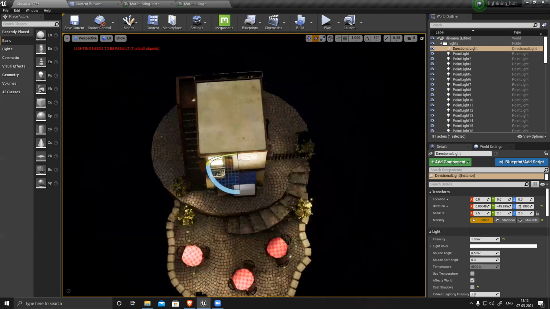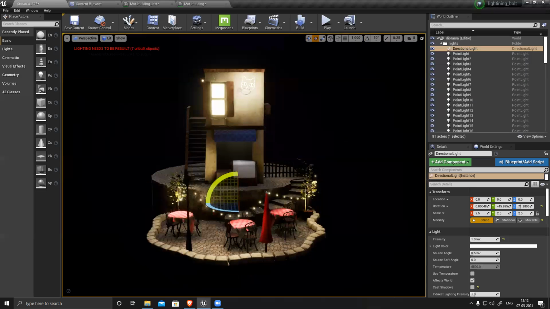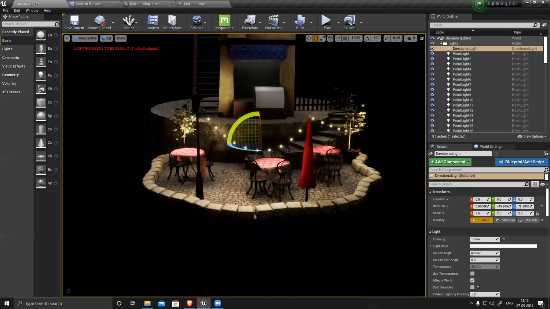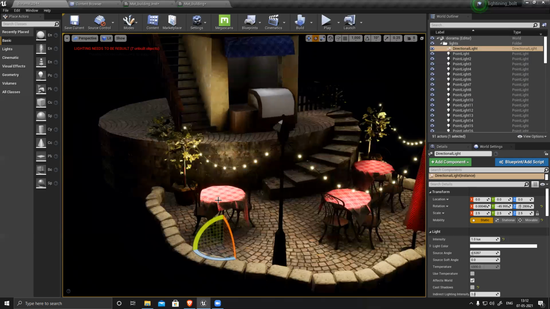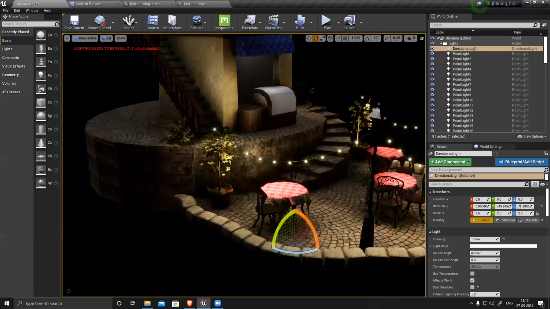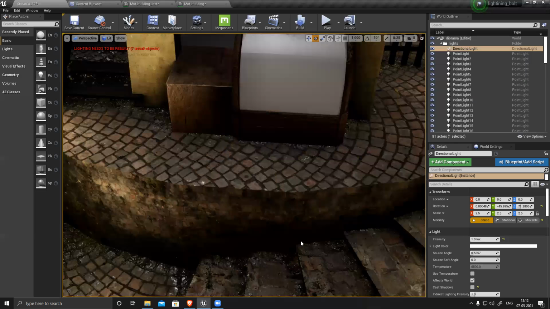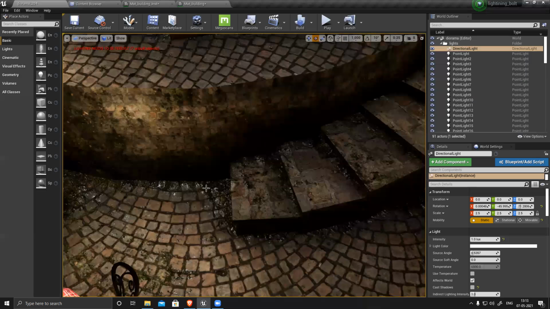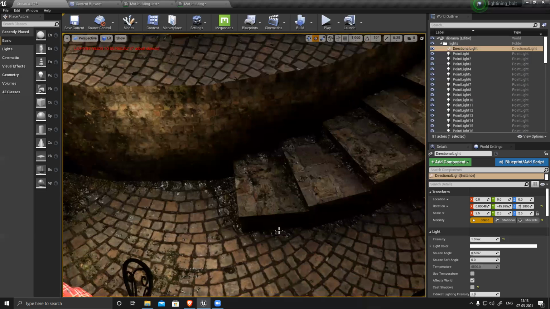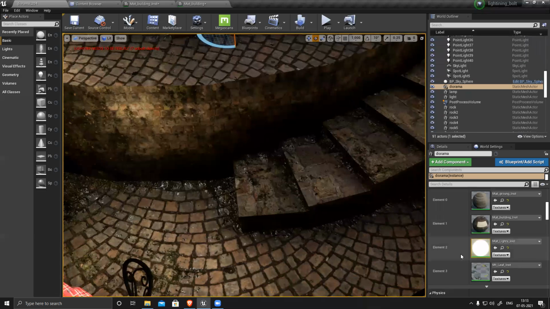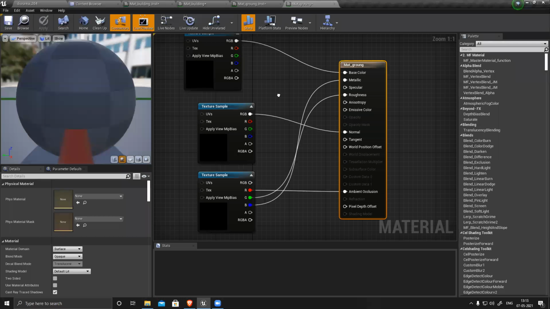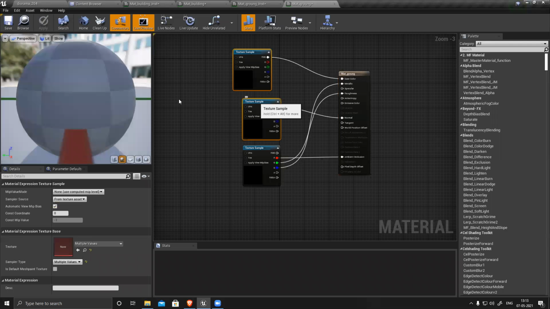Now if I want, I can bake this. And plus I feel all these lights need more intensity or color. If I add a little color, it will look nice. And now I feel all this dirt is way too shiny. That is something I can also control within Unreal without going to Substance. Just double click this, open your actual material. Now it's super glossy, right?